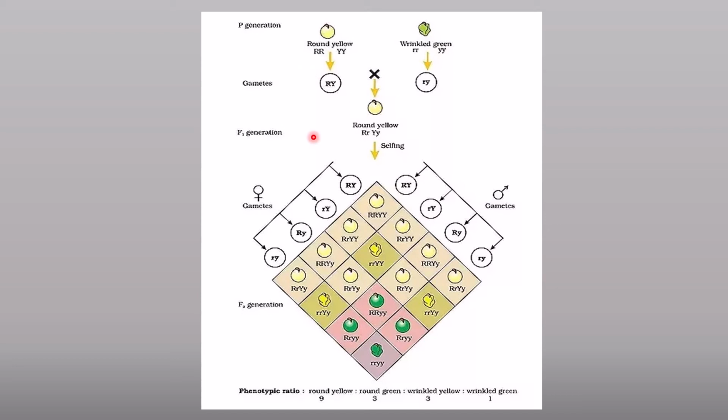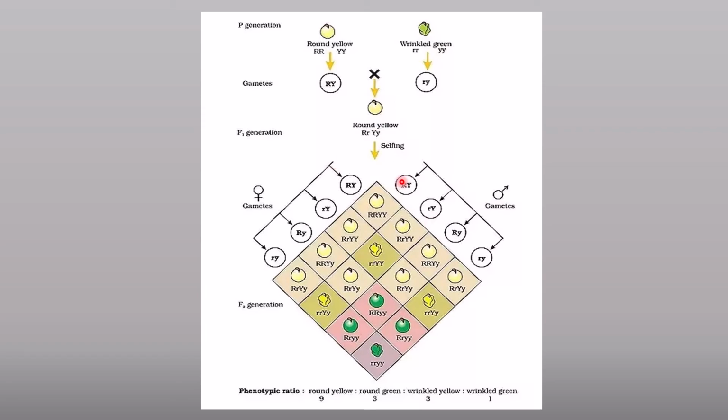Now, the F1 generation hybrids are called dihybrids. These dihybrids produce four different kinds of gametes. They assort independently of non-allelic genes. See, R and R are allelic, Y and Y are allelic, whereas R and Y are a non-allelic pair. So when these segregate and go to gametes, this is not dependent on the non-allele. This goes to one gamete on a purely chance basis. It can go to any of the gametes.